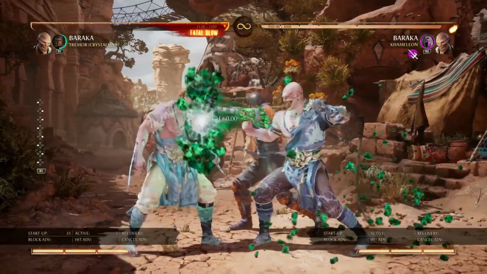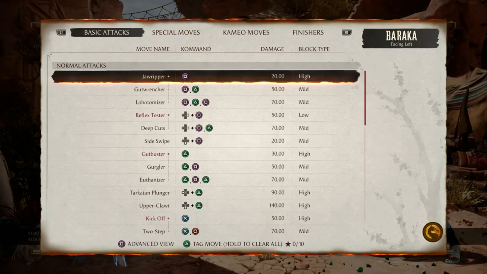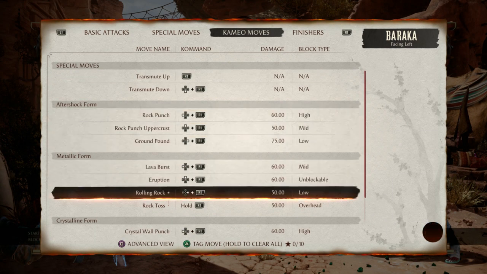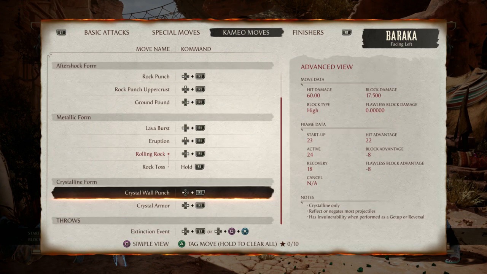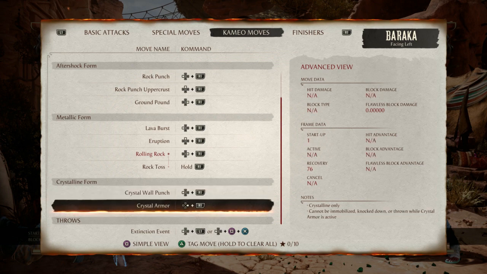First of all, this thing does reflect projectiles. It's really bad. It's actually the worst move in the game. It's too slow for that. But you see, it has some vulnerability when performed as a get up or reversal. For some reason,